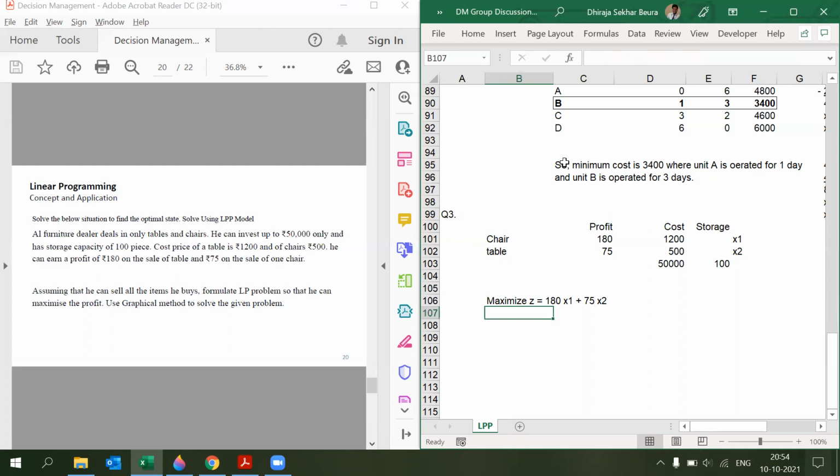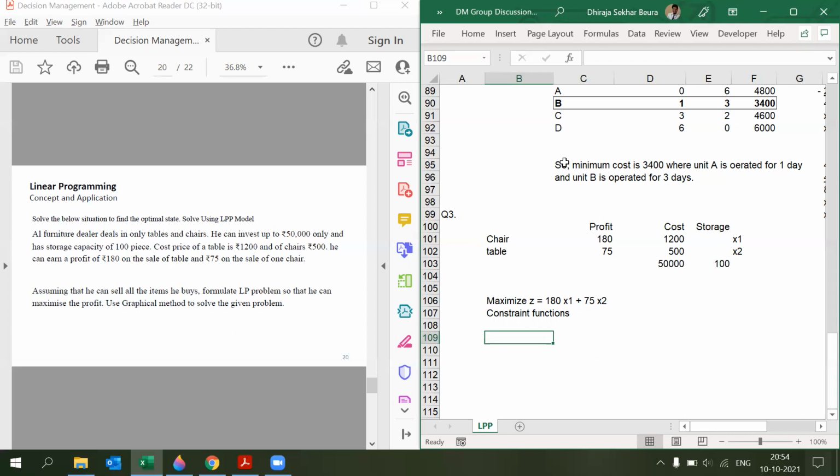Constraint functions, please. No, we are not writing any greater than or equal to here. In the objective function, there is no greater than or equal to, less than or equal to. If you're asking that, then I have to go back to the concept. Whenever there's a profit, it's a maximize problem. If it's optimal cost, then it's a minimize problem. So we are calculating the maximum value directly, the z value.